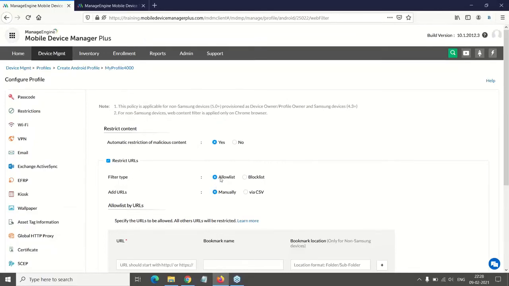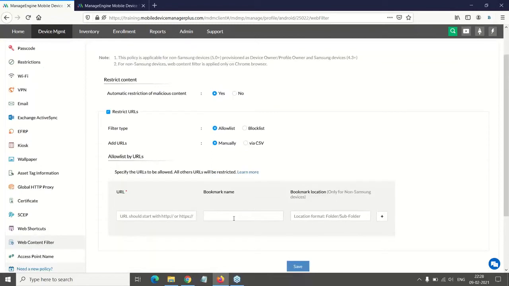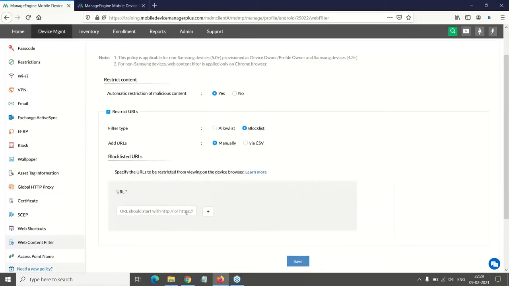You can choose allow and enter the URLs to be allowed on the device browser while the other URLs are restricted, or you can choose the block option and give the URLs that are to be blocked on the browser while the rest of the URLs are accessible. You can also use a wildcard domain, meaning if you enter the domain name alone, all versions of the URLs that are available under that particular domain name will get restricted.